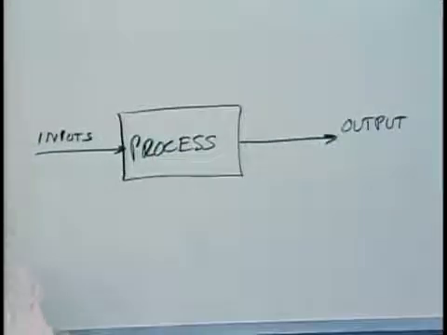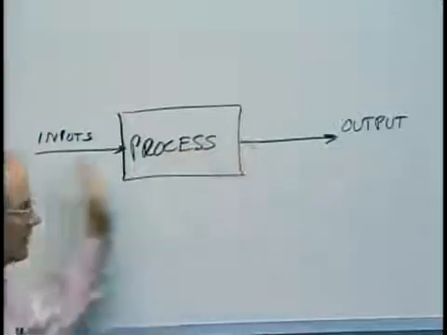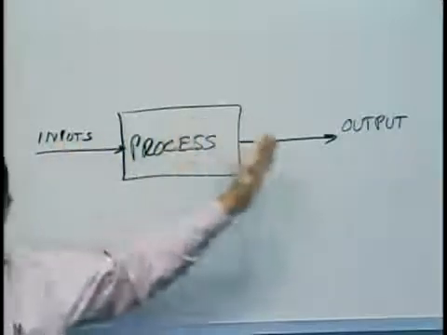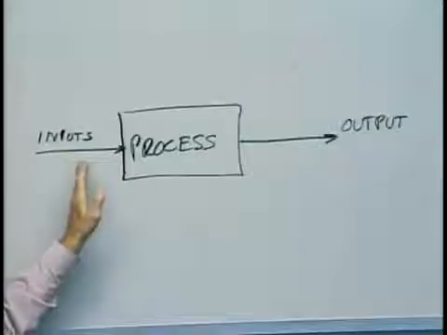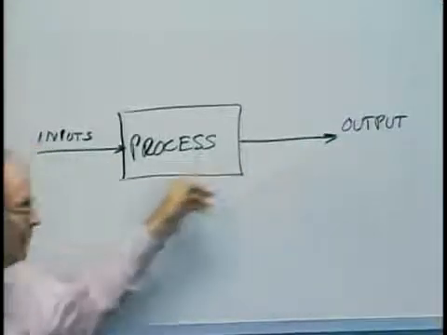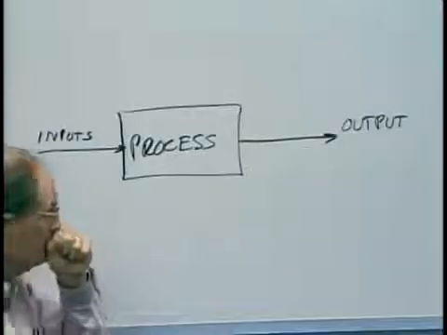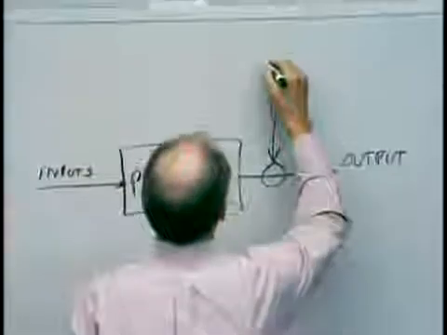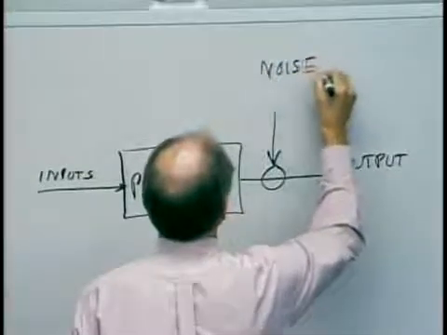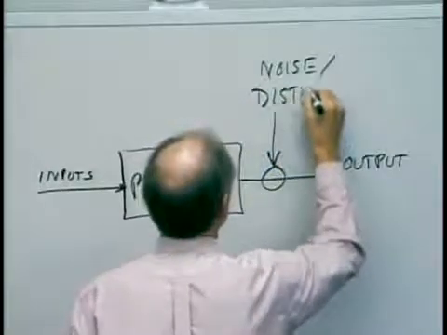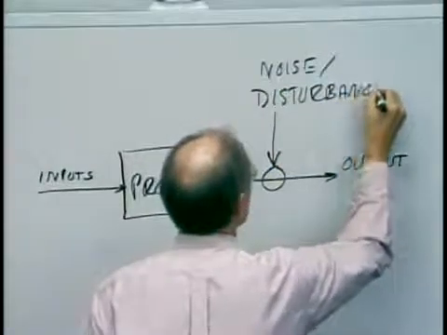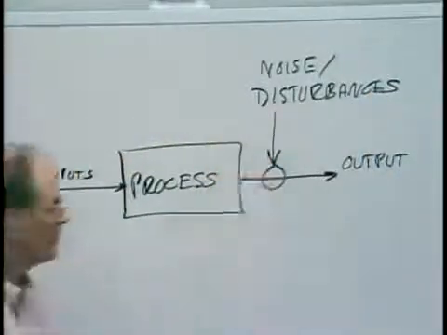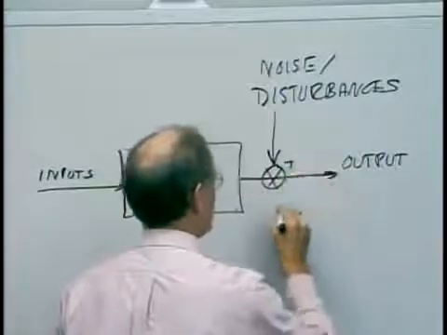And then in a control system sense, there are two reasons that the relationship between these two would vary. Okay? And again, the purely deterministic view of the world says, look, if I set some inputs, I'll get a certain output. There's a unique mapping between the inputs and the outputs. But two things can happen. You can have things that are called noise, and you'll hear that term throughout the term, actually, or disturbances. And you notice that's shown as external to the process, and from a mathematical point of view, it's shown as being additive.